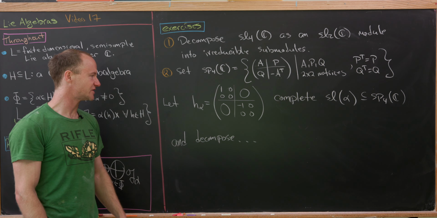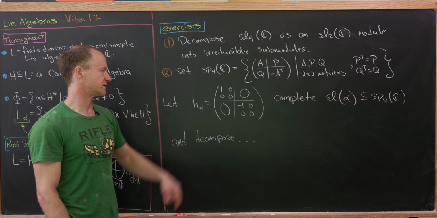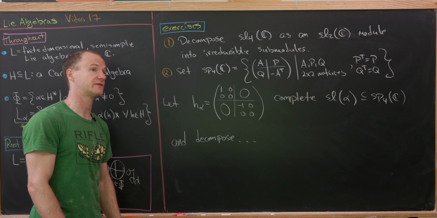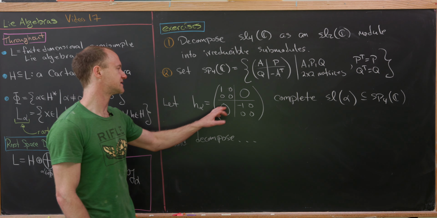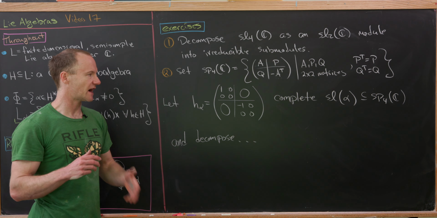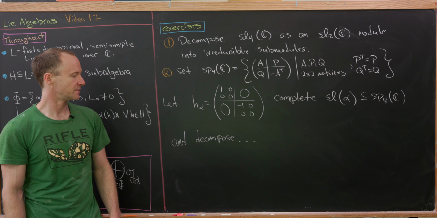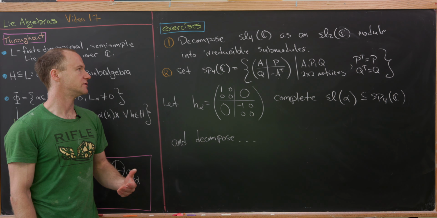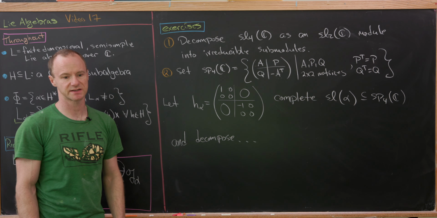Next up, let's set H sub alpha equal to the following matrix. Notice we've got 1, 0, 0, 0 in the upper left block, and then negative 1, 0, 0, 0 in the lower right block, and then these are 2x2 zero matrices. The exercise is to find a companion E alpha and F alpha completing this SL alpha, and then decompose the SP4 into irreducible SL2 submodules, just like we did in our example and in this first exercise. And that's a good